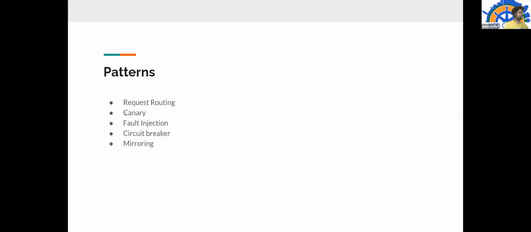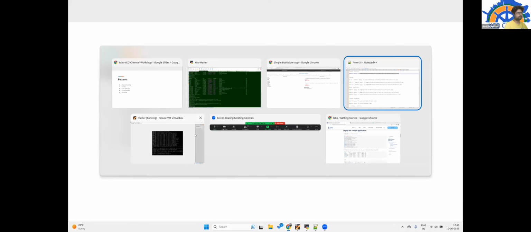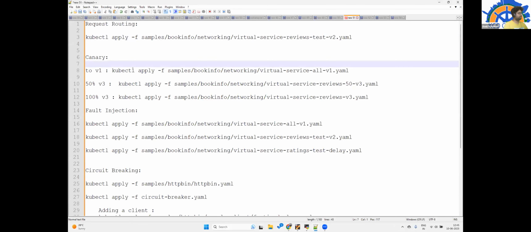That would be a real use case of canary deployment: if you have deployed a new version of a microservice, you would like to direct 50% of traffic to the newly deployed one and test whether it is working fine. If it is working well, we direct all the traffic to the latest microservice. So I'm just going to copy paste all of this.